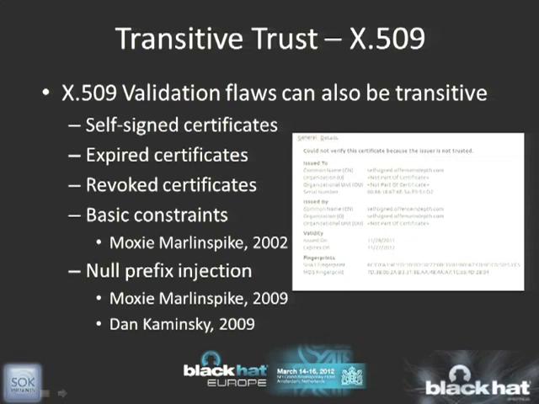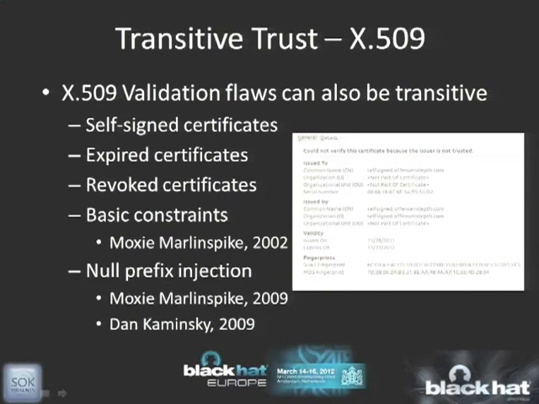If the server presents a self-signed certificate, depending on the configuration of that interception proxy, if it validates self-signed certificates, generates a new certificate under its own CA, and sends that off, the client's going to trust it as well. The same is true for expired certificates and revoked certificates,